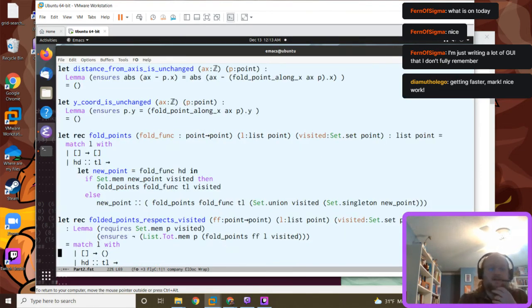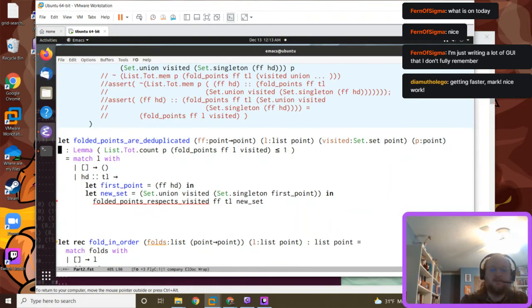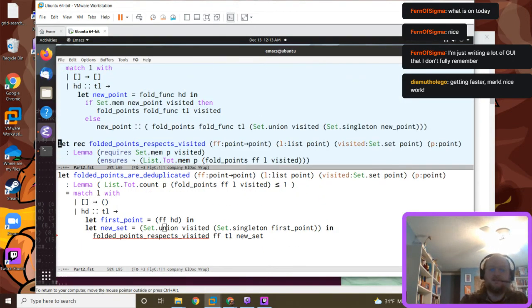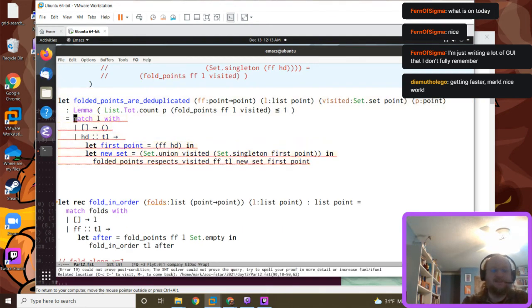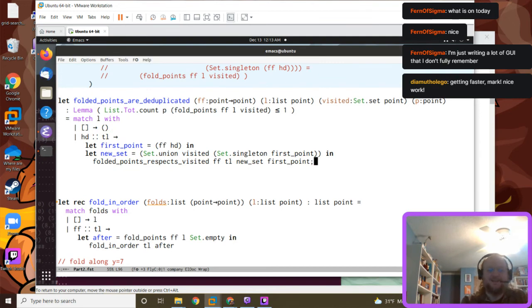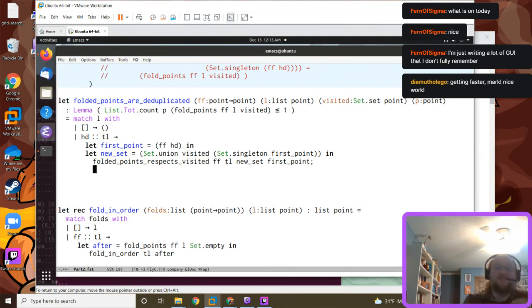What are we doing wrong? Oh, it requires a point. So head will, first point will not be there again. So is that sufficient to prove? No, we didn't get lucky. Okay, so this says